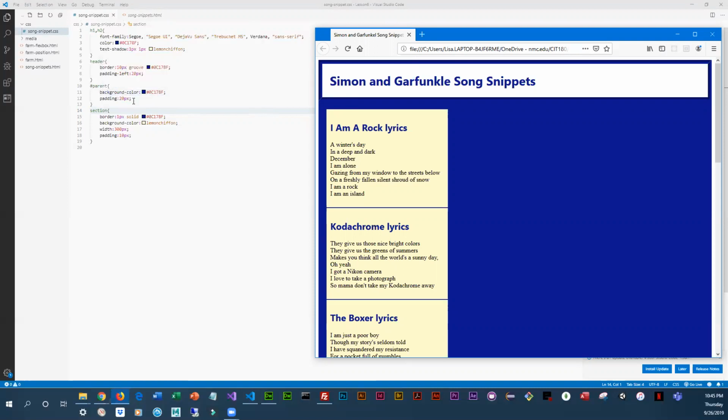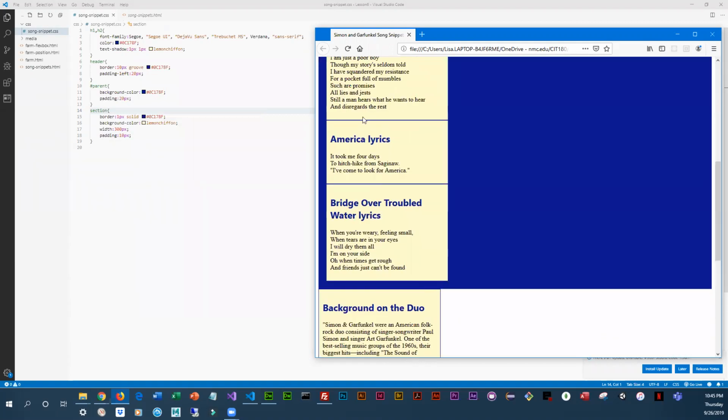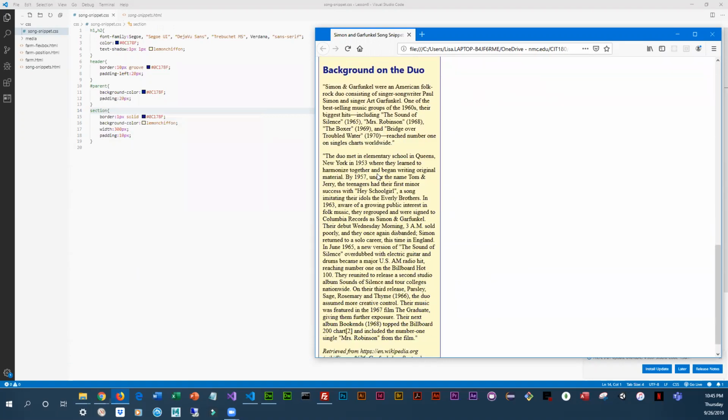For our parent element, this was the ID that we added to article. You can see that we have the blue background, and we also have padding so that all of our sections that are inside aren't right up against the edge. And then all of the sections, whether they're in article or not, have a border, a background color, and a width of 300 pixels, and then there's a little padding. And you can see that is affecting all of the sections that are inside article, and also the section below